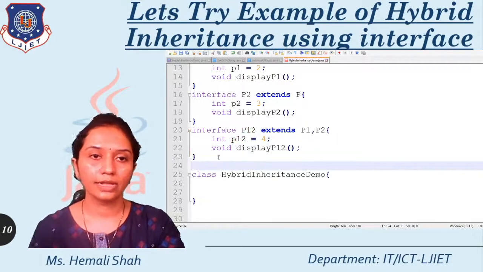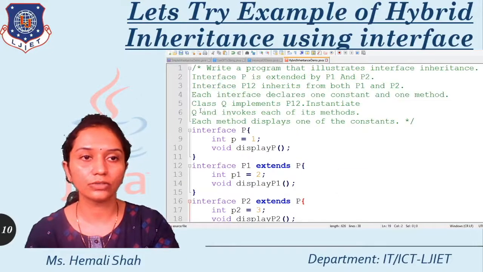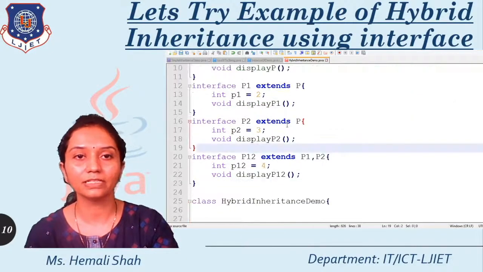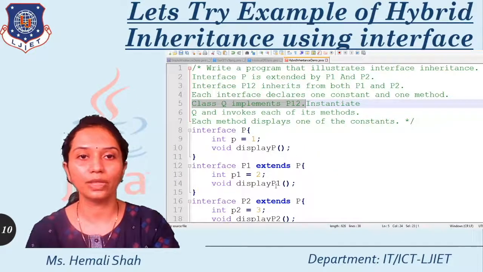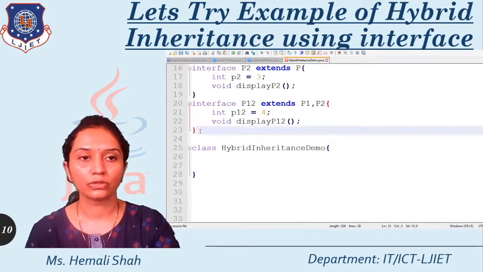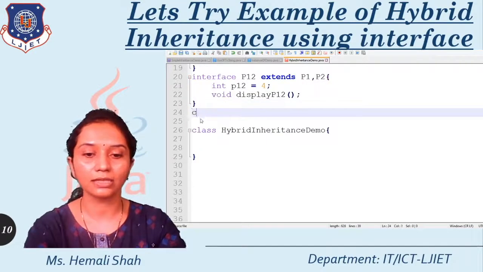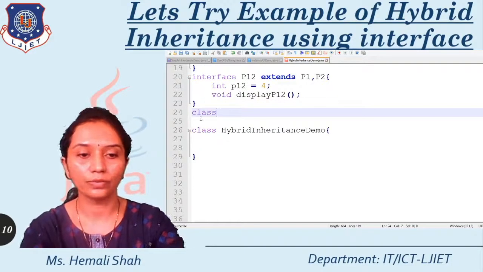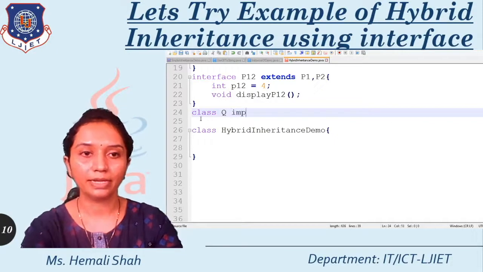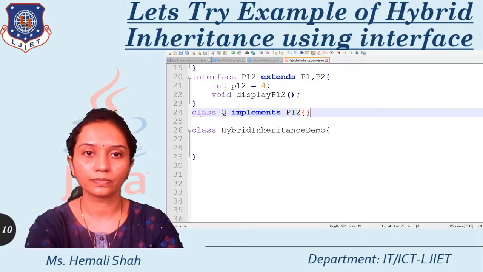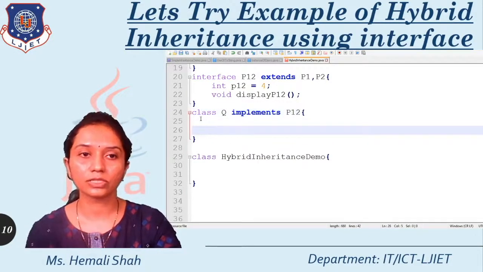Now as per the definition, you just need to declare the class Q that implements p12. See here, this is the class Q which implements p12. So here I am making one class Q. This class Q implements the existing interface p12. Now how to declare a constant in a class?